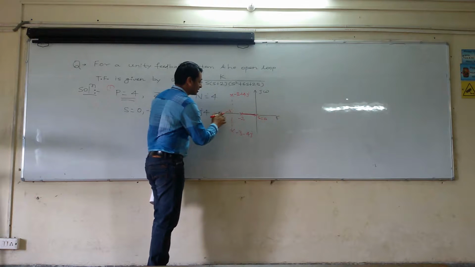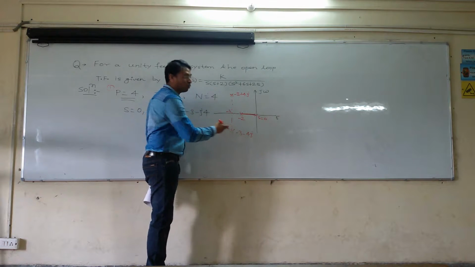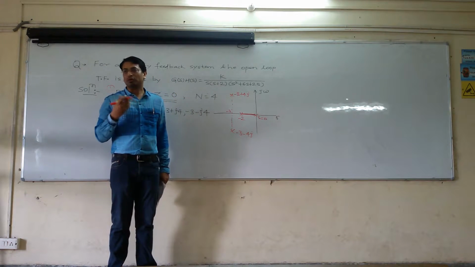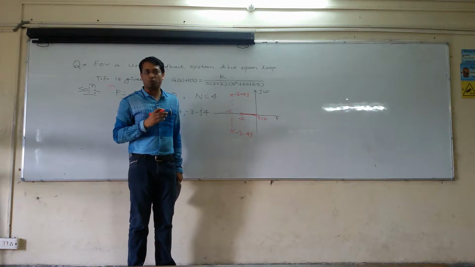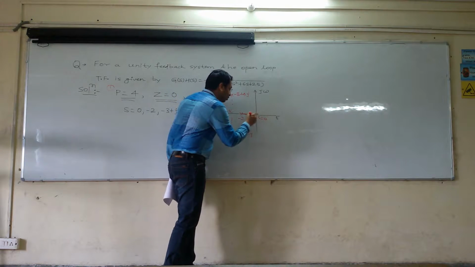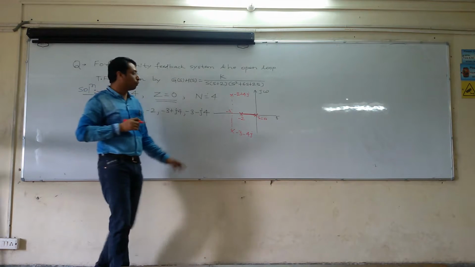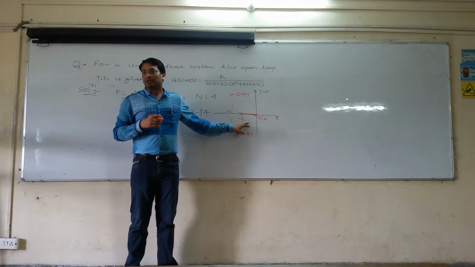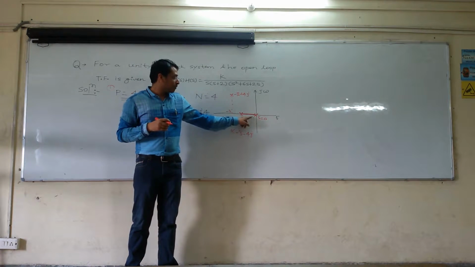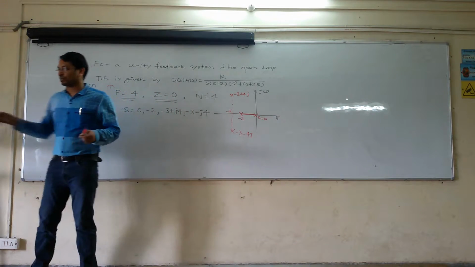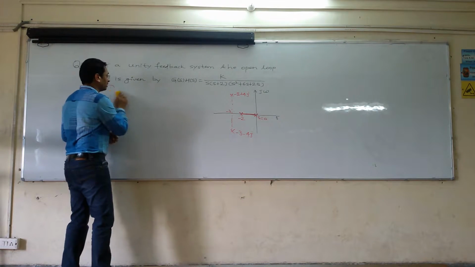Correct? So for this section, what will happen? 1 and 1. We are going to ignore the complex because it is not going to change the analysis. So this part of the analysis will not be the part of root locus. Okay. So from the previous knowledge, we know that when the portion of real axis between 2 poles are the part of your root locus, then there must be a breakaway point between these. Correct? There must be a breakaway point between these. So we know that. We will work on this further. What will be the next step?